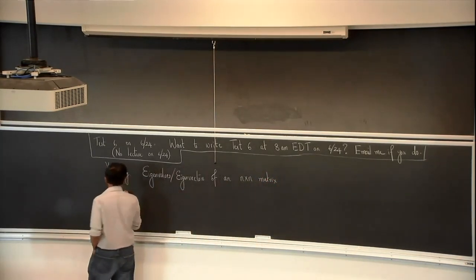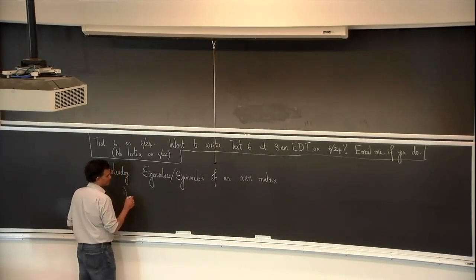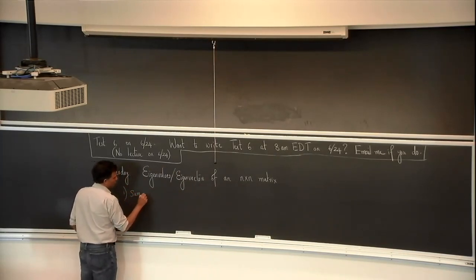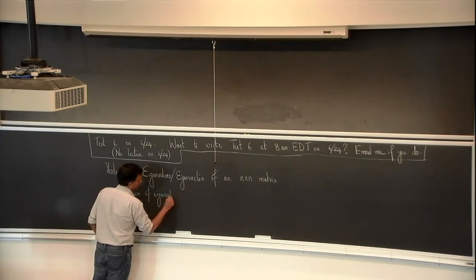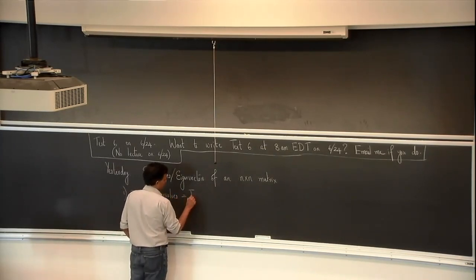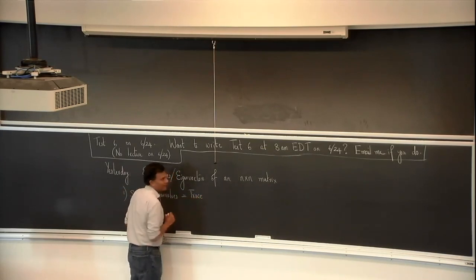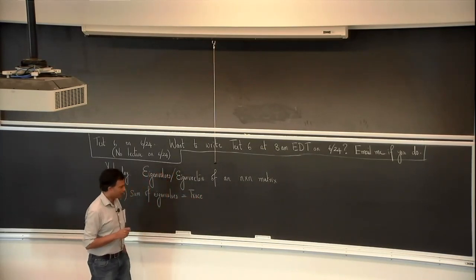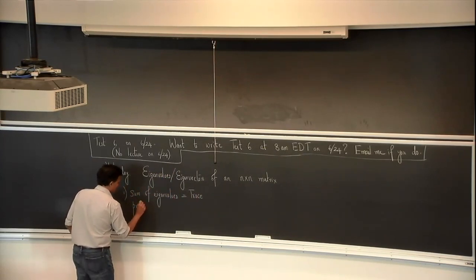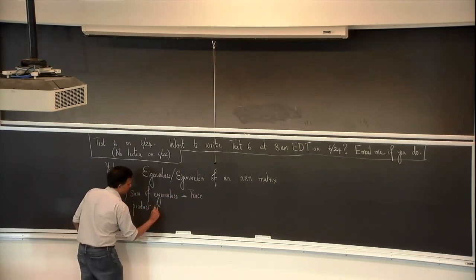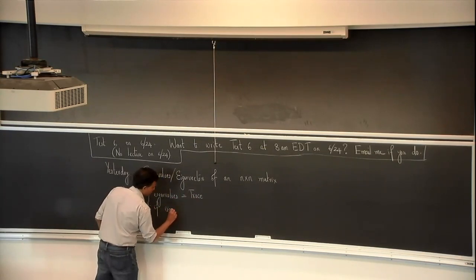Mostly that the sum of the eigenvalues is always equal to the trace of the matrix, which is the sum of the numbers along the main diagonal. Okay. And the product of the eigenvalues is always equal to the determinant, which